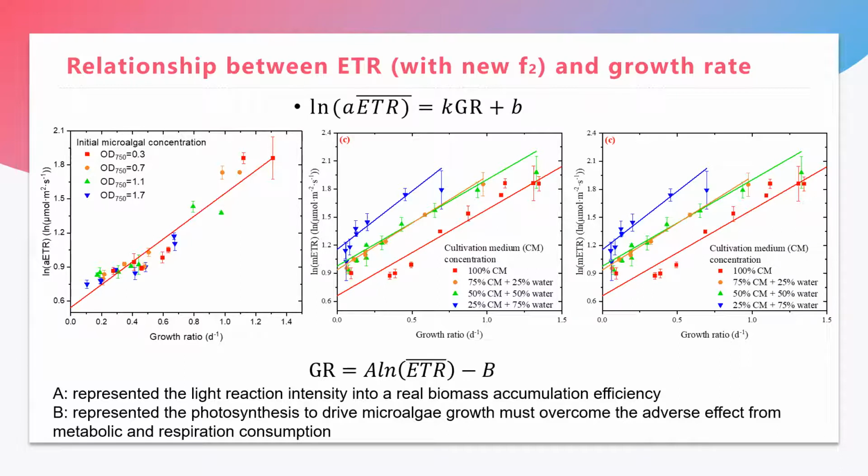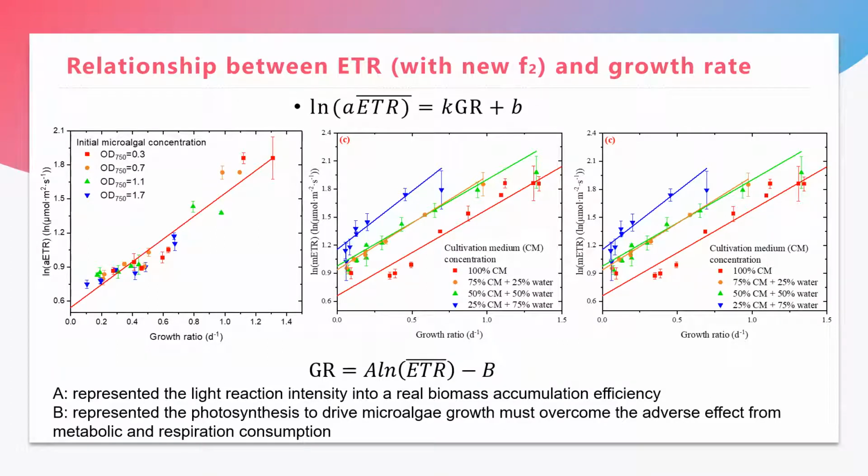Light reaction must be stronger than the stress of those consumptions to make microalgae grow. Therefore, the slope and intercept together reflected the threshold value of the photoreaction, the dynamic potential required by microalgal growth. Experiments were carried out in different cultivation conditions with changing nutrition, light, and initial microalgal concentration,